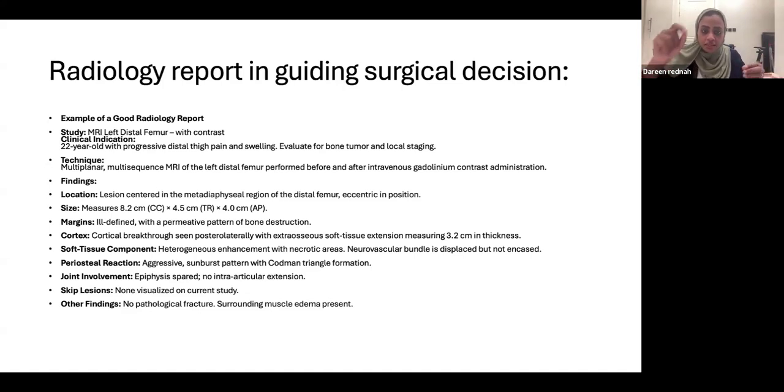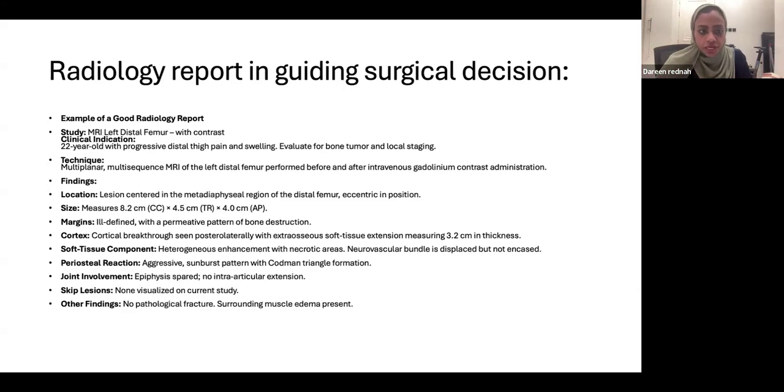So we plan intraoperatively. Sometimes, with an intramedullary tumor, you cannot see outside the bone. You don't expose the bone, you expose the soft tissue, so you approximate what is mentioned in the report. It's 8.2 centimeters, so you approximate this is my resection, then take a margin and send it for pathology. If the measurement is accurate, usually the margin will be free. Then it comments on the margin. It's ill-defined with a permeative pattern of bone destruction.